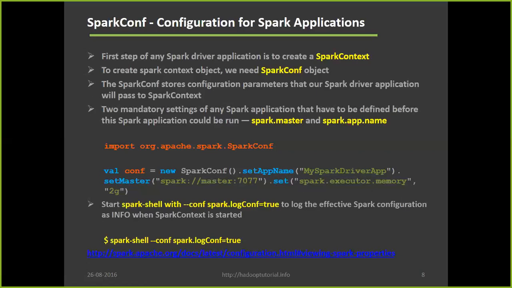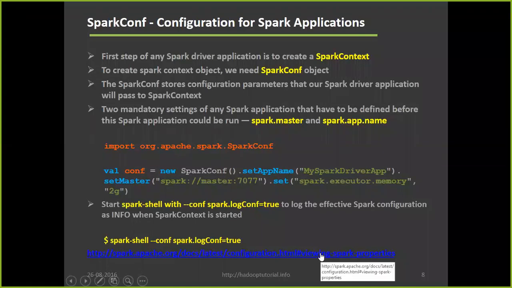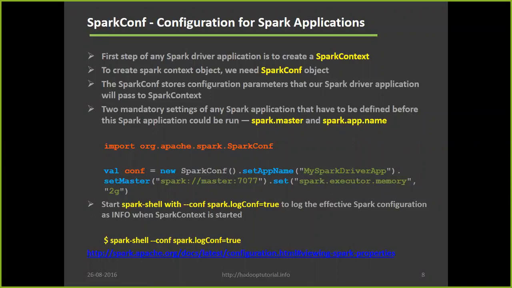For specifying any other properties, you can see this link. You will find lots of Spark properties there. You can change the values of any of those properties inside your Spark application. But again, we'll revisit the setting up of all these configurations at cluster level, for Spark applications in cluster mode. There is one separate topic to discuss cluster tuning for your Spark application.